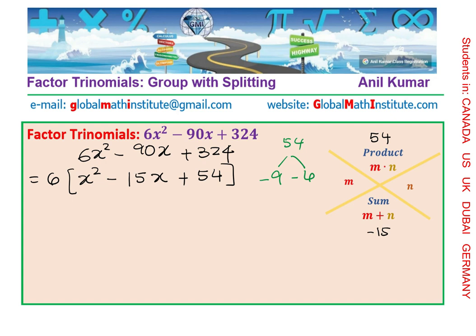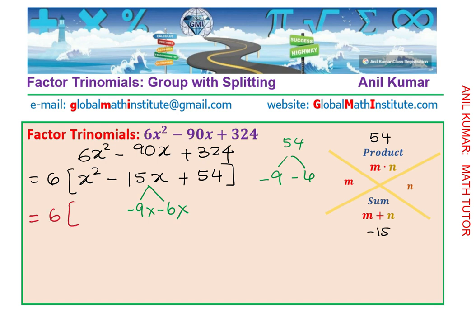When you multiply them, you get 54. Clear? So we're going to split this into minus 9x and minus 6x, and keep the other terms as such. So we have now x squared minus 9x minus 6x plus 54. Just to make you clear that we're looking into group factoring with splitting strategies and then following the 4 steps to